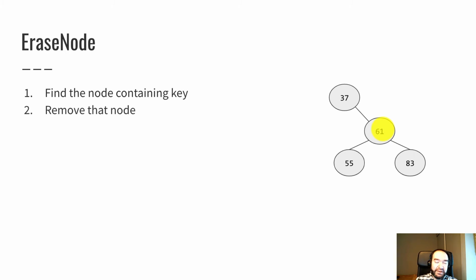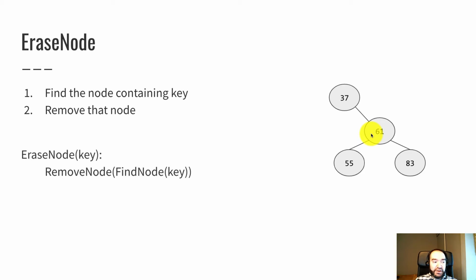We went into some detail in the previous video on this step, number 2 here, of once you found the node pointer to remove, how you actually remove it and update the surrounding pointers. So this one we could actually write as a one-liner calling 2 helper functions. Erase node, given a key, calls find node on key.